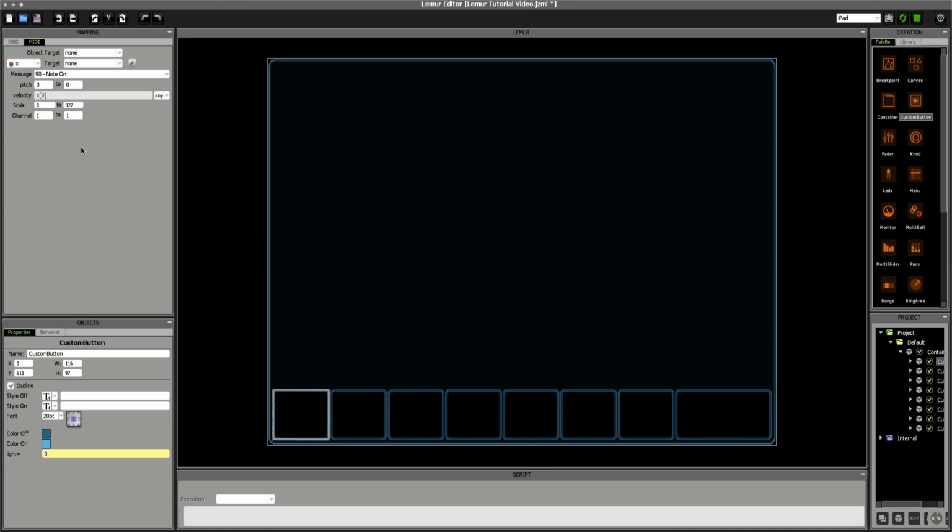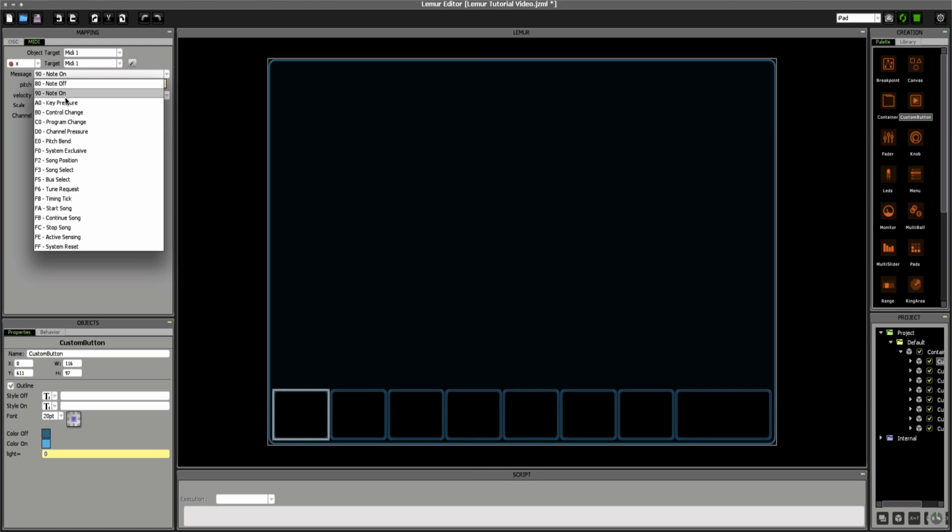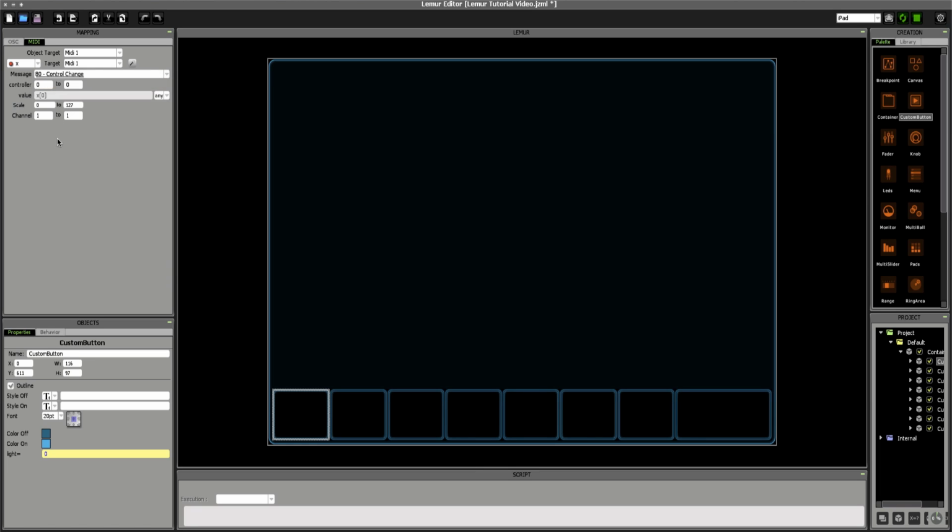So for the first one, we're going to be transmitting this via MIDI CC, and like I said up front, all commands we're going to be doing are going to correlate to MIDI channel 1. So for your object target up here, it's set to MIDI. You're going to choose MIDI 1 for both. For the type of message, right now it's set to note on. You're going to want to change that to control change for MIDI CC, and the controller value that I'm going